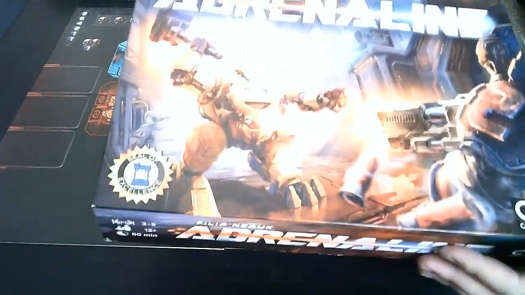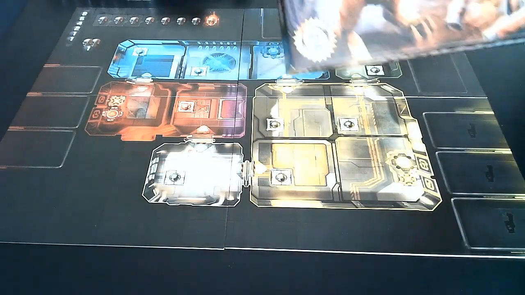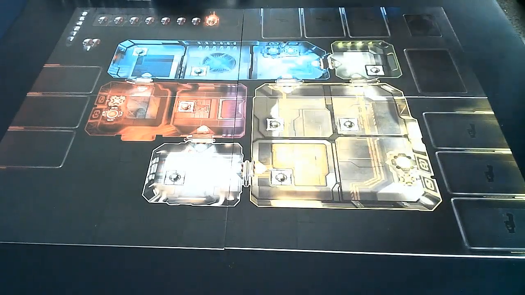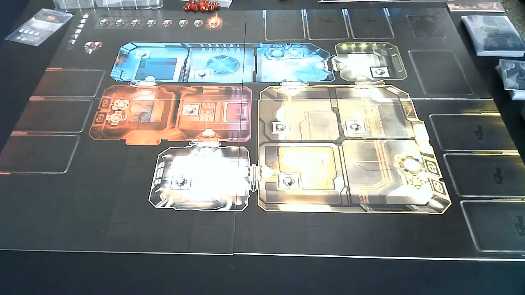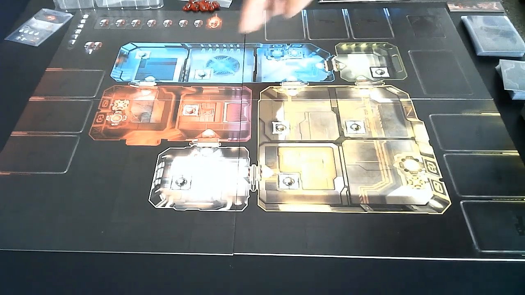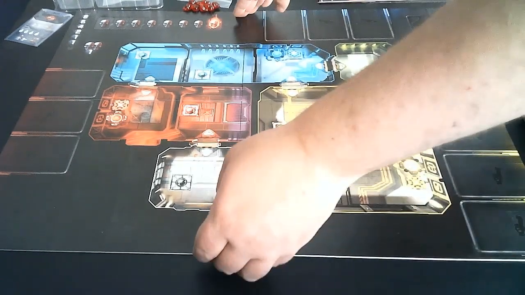Today I bring you Adrenaline. It's a game of running around an arena, picking up weapons and items, and shooting your opponents and getting points to win the game. To set up the game, you're going to want to take the map tiles and decide which side